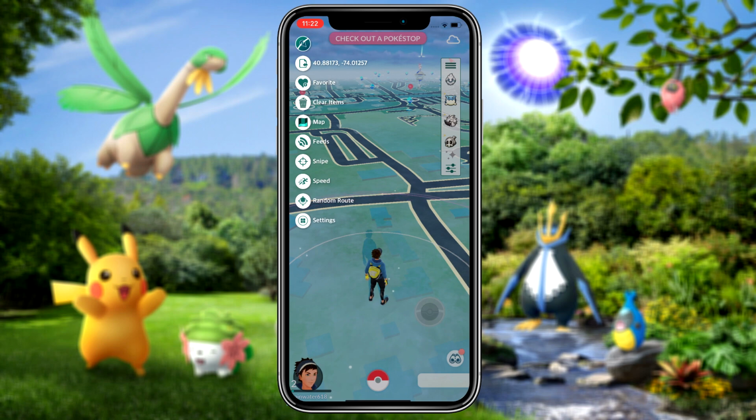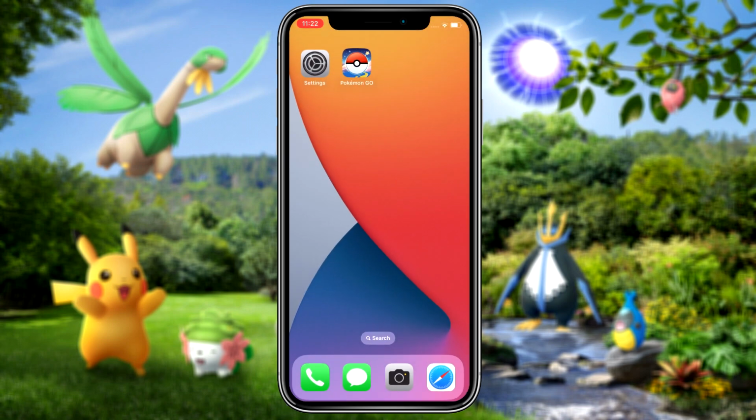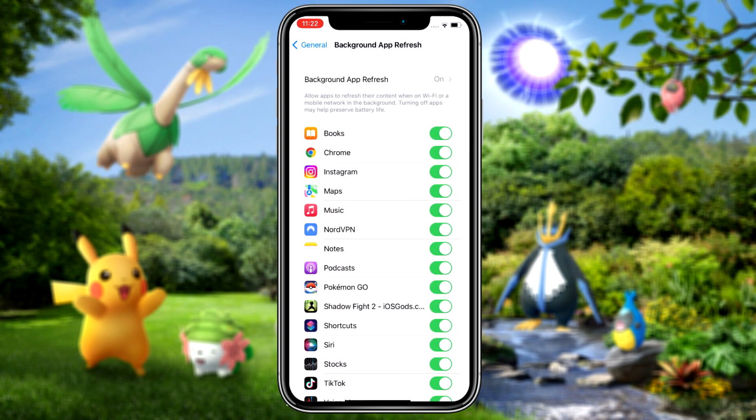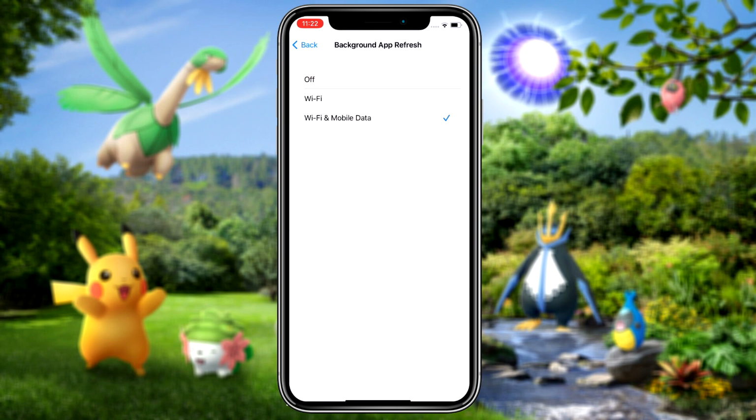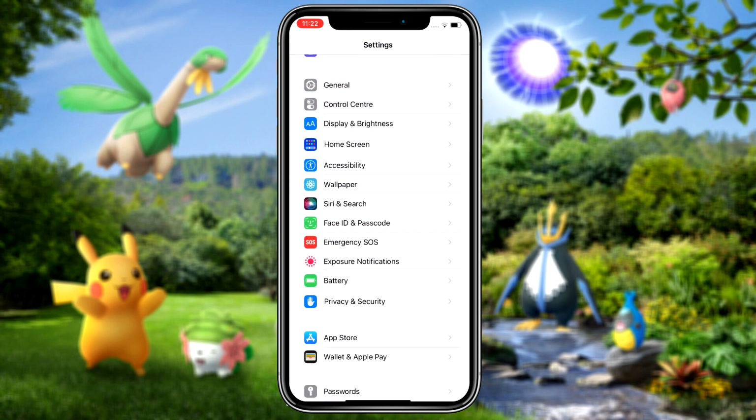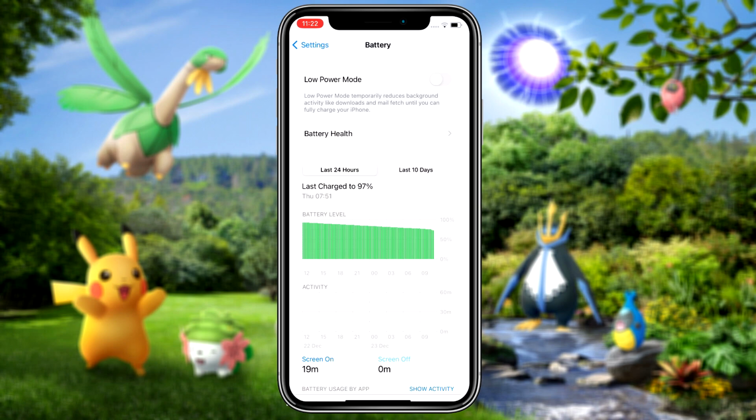So if you want to download this on iPhone, you need to go ahead and open up the Settings app. And once you're in the General section, you need to find this option called Background App Refresh, and you need to make sure that this is turned on. Now, the next thing you need to do is go down to the battery section, guys. So you see battery, it's got this little green icon. Press on that, and once you're in the battery section, you need to make sure that the low power mode